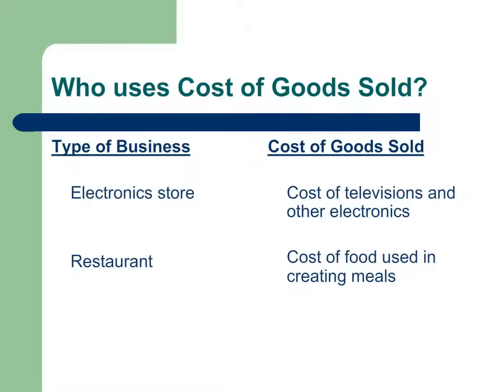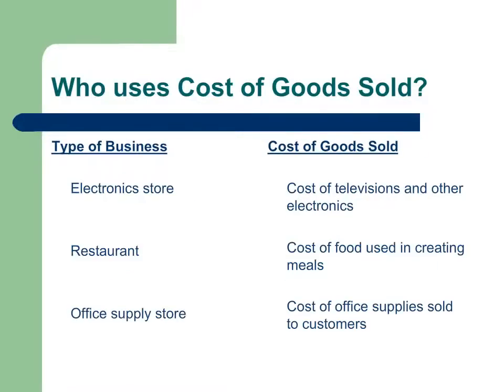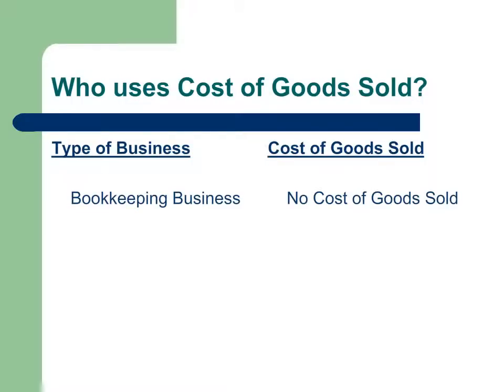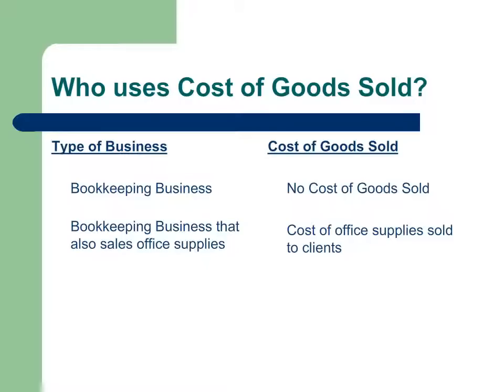The cost of food used in creating meals is the cost of goods sold for a restaurant. The cost of office supplies delivered to a business is the cost of goods sold for an office supply store. Generally, a business that only provides services does not have cost of goods sold. For instance, a bookkeeping service does not usually sell inventory, so it won't have a cost of goods sold. However, if the bookkeeping service also sells office supplies, it has a cost of goods sold whenever it sells those